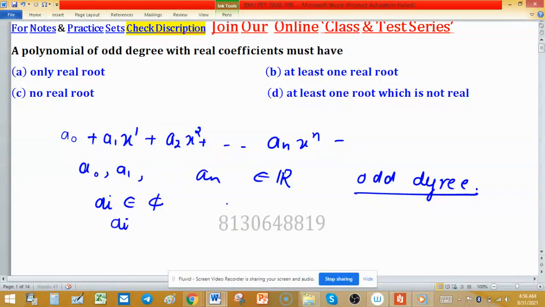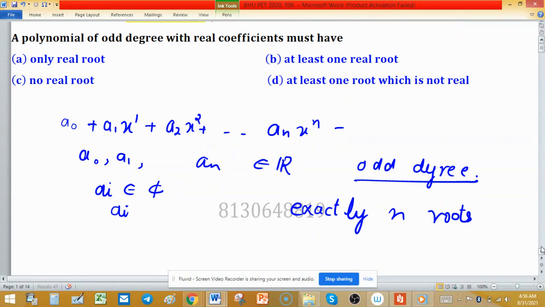The fundamental theorem of algebra says an nth degree polynomial has exactly n roots. If roots are complex, then we know that complex roots always come in pairs. So